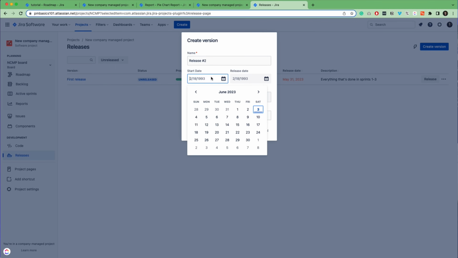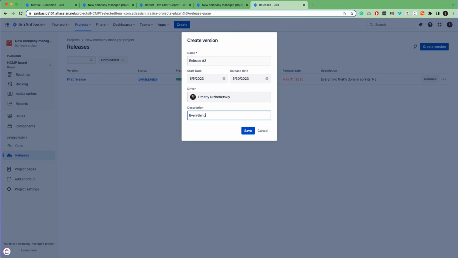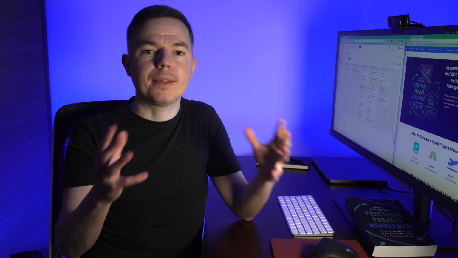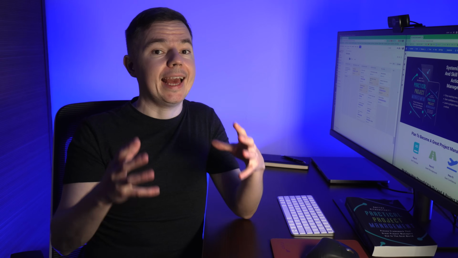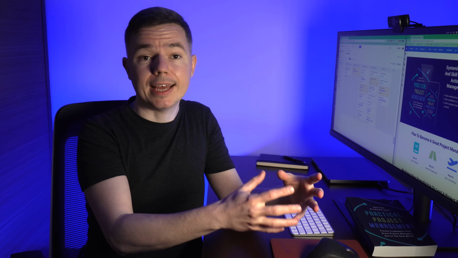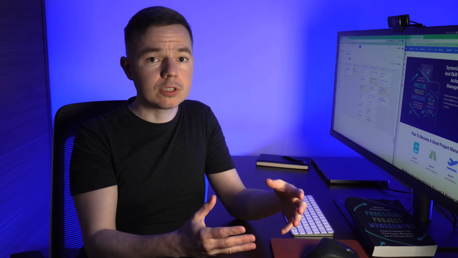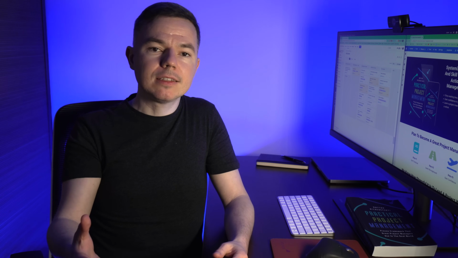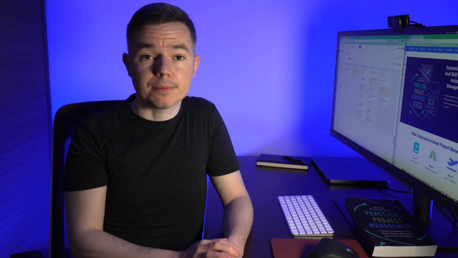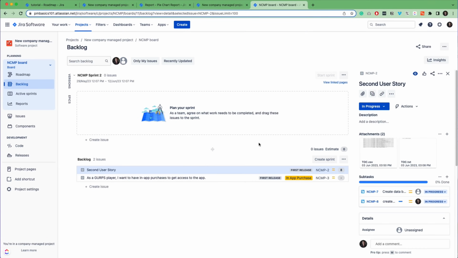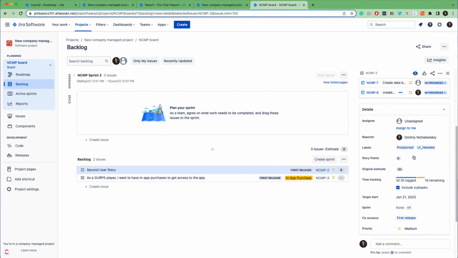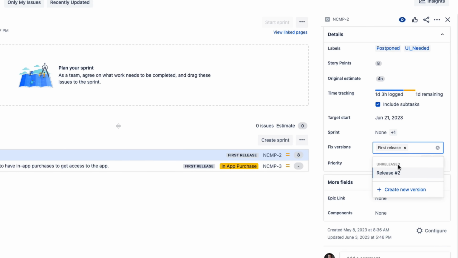Okay, in the release section of Jira you can create releases and you have two approaches here. First, you can plan the release, so you can assign issues to a release, and it will mean that once you implement all the planned issues, then you will release this code to a high environment. By the way, you can do it quickly in the backlog section. I'll show you later how to do it. And also you can edit a field in an issue which is called fix for version.